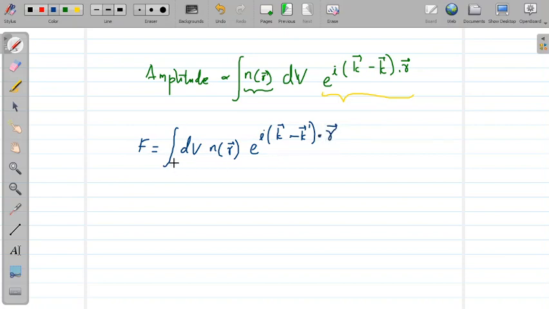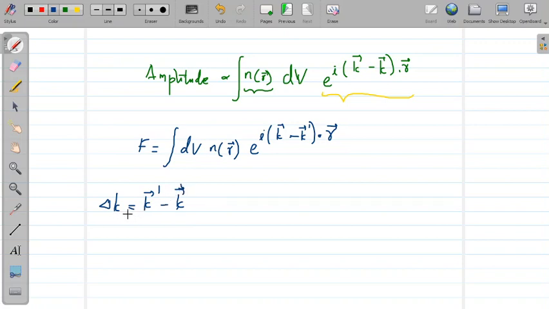Now we define delta k as k bar dash minus k bar. I think in the last video I mistakenly said delta k equal to k bar minus k bar dash, but it is actually k bar dash minus k bar. So please correct it now. Delta k is the wave vector of the scattered wave minus the wave vector of the incident original beam.